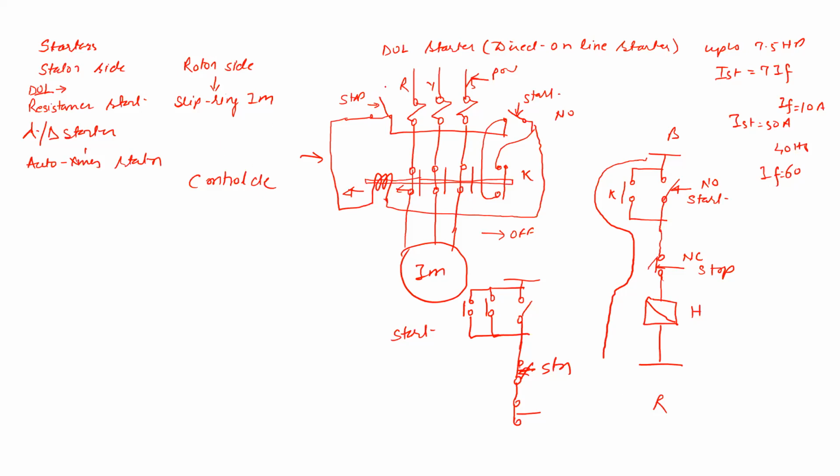Suppose the motor rating is 10 ampere current. As soon as the current reaches more than 10 ampere, this gives a signal, or it will give the trip signal to the motor, and the motor gets stopped. So automatic on and off can be carried out. Similarly, if the holding coil voltage is 400 volts and the voltage falls to 370 volts, this holding coil de-energizes, and it will protect the motor from an under voltage condition.